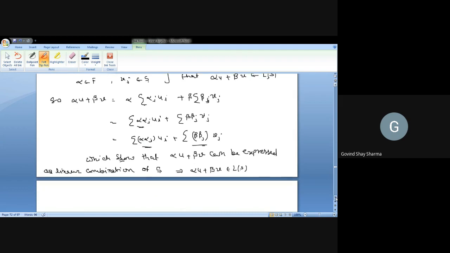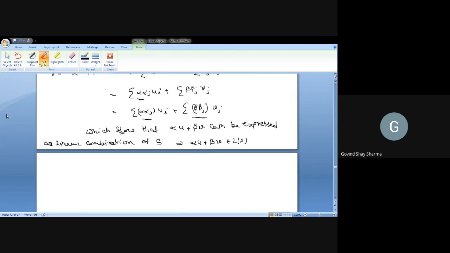now belongs to the span, and u, v belong to it. This implies alpha u plus beta v is also in it. Thus, that is the space, a subspace of V F,